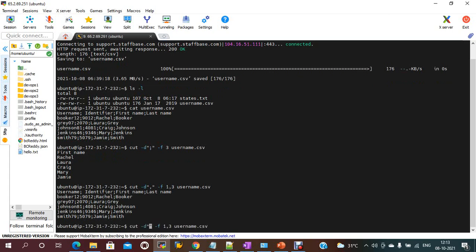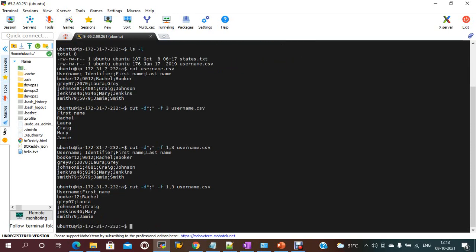So you just need to use semicolon, and it should display the first one and third one. The second one should be deleted.